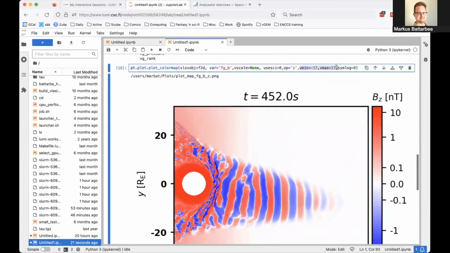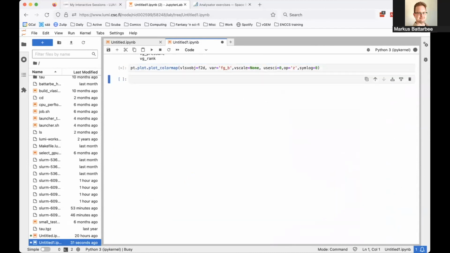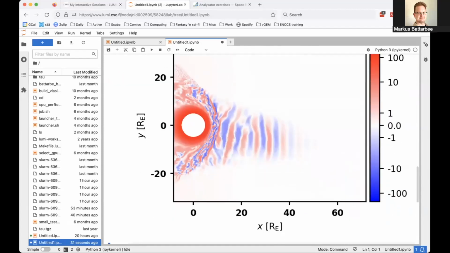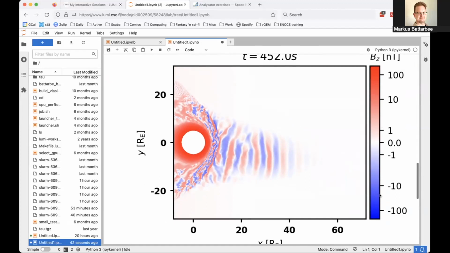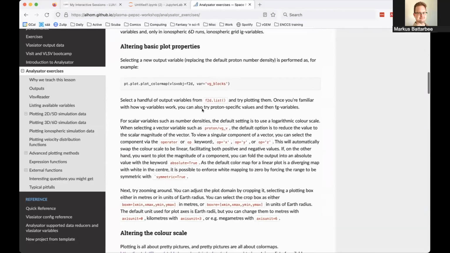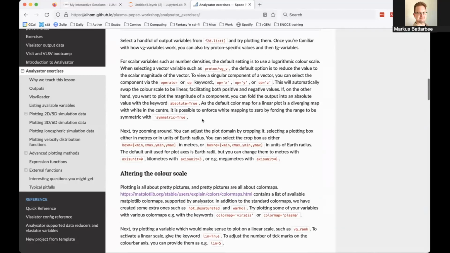If we remove the default settings, the manually adjusted minimum and maximum values, we can see what it looks like. And okay, actually just allowing it to automatically decide the values looks quite decent. There's now a significant logarithmic scale using both the sheath and the foreshock. Okay, I was probably jumping a bit ahead here,